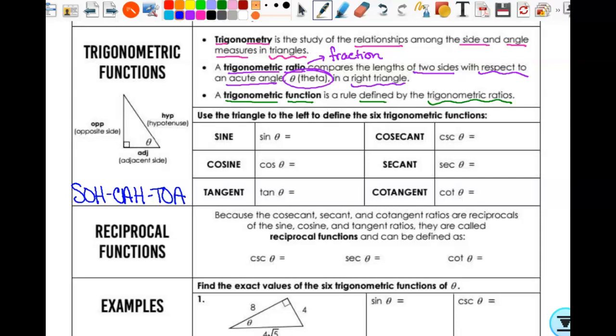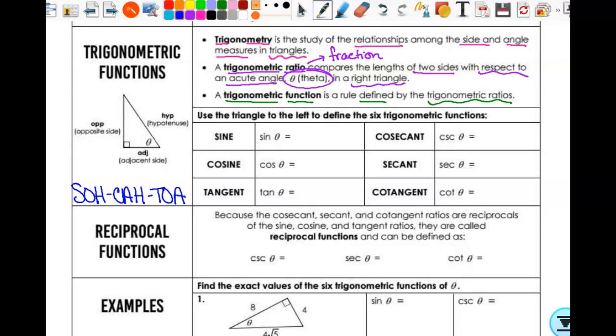But I have a really good story that I'm going to share with you about SOHCAHTOA that I don't think is the same thing. It requires us to learn a whole lot more trig because it has a lot of play on words in it. Once you learn it all, it's very well written. So we'll get there at the end.